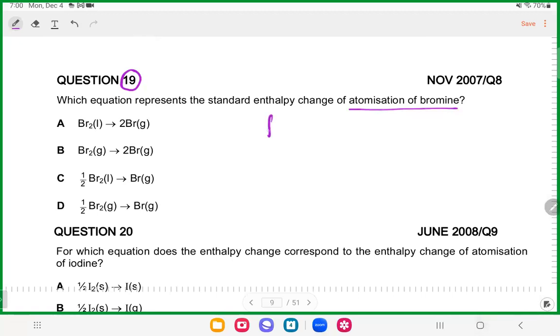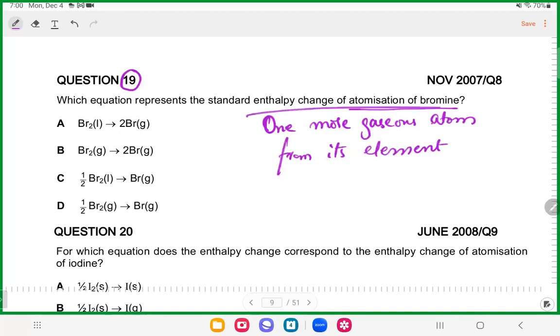Atomization में याद रखिएगा, the enthalpy change in which 1 mole of gaseous atom is formed from its element. आसान हो गया, कोई इतनी मुश्किल चीज नहीं है, although it's an A2, लेकिन हम एक वन लाइनर पढ़ लेते हैं तो हमें क्या फर्क पड़ता है।